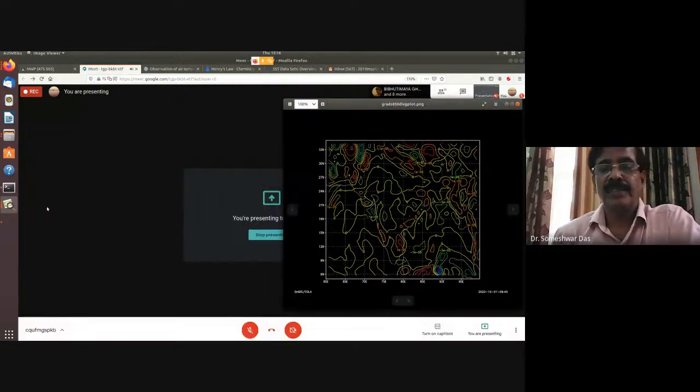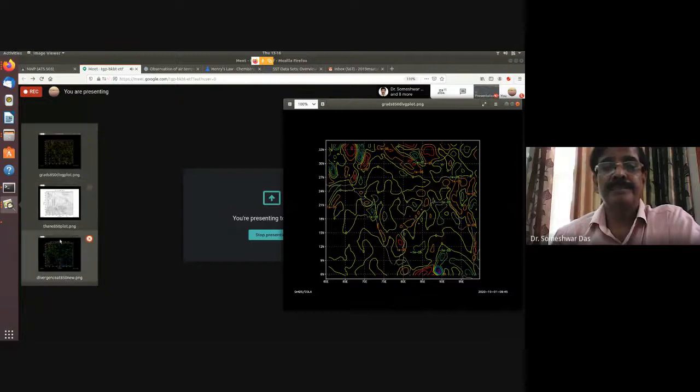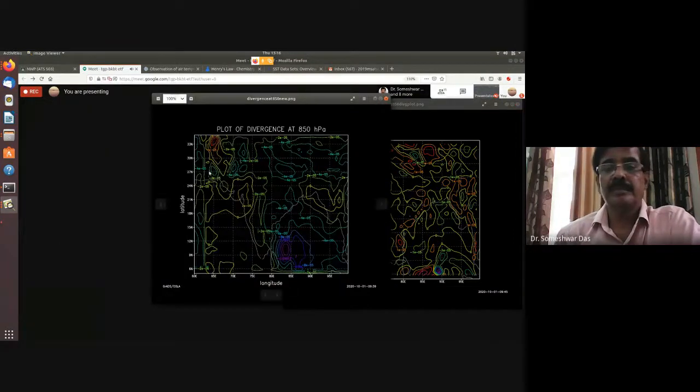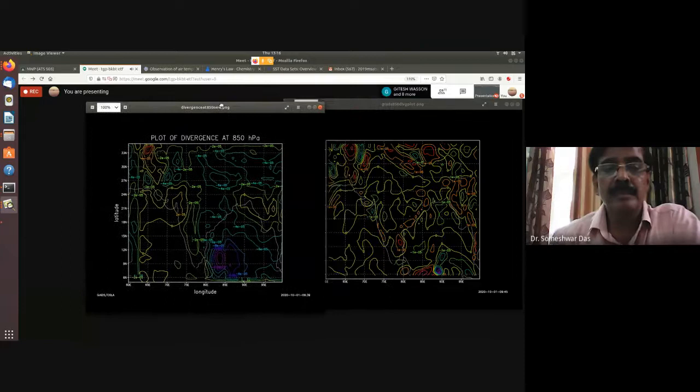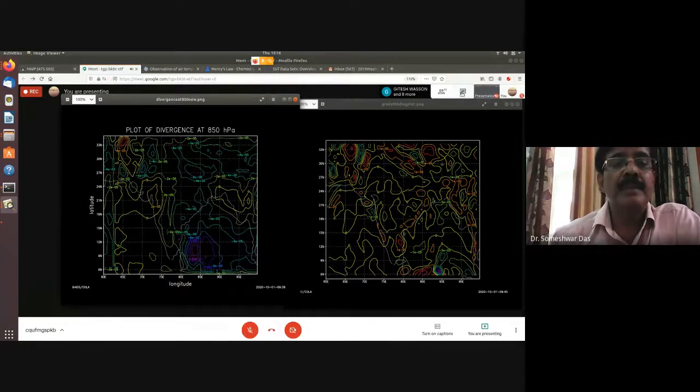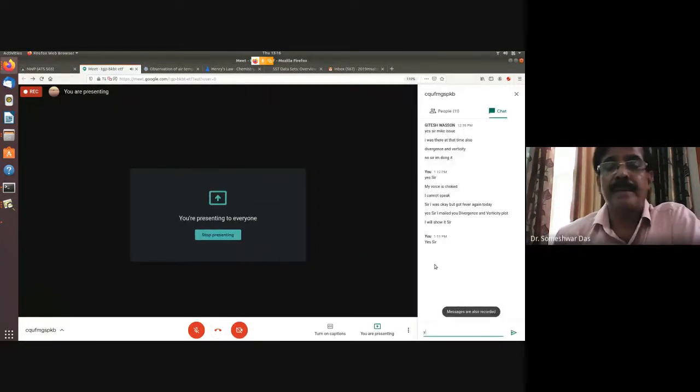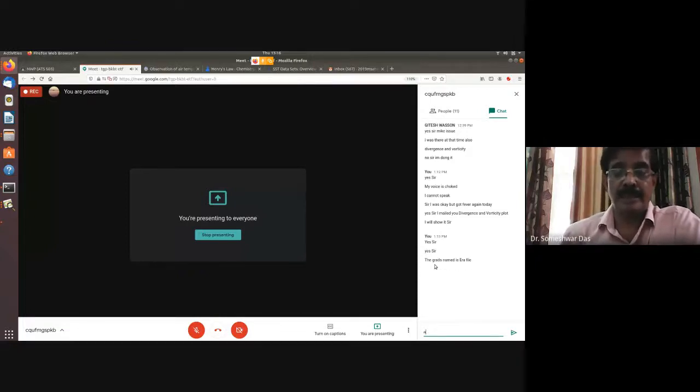Which field is this? Is this divergence? Divergence, 850 millibar. Have you compared with the ERA divergence? Just display both of them side by side, the ERA divergence from the NC file and your divergence from the computation. The GrADS name is in the ERA file.